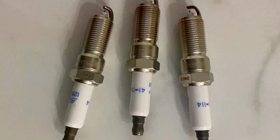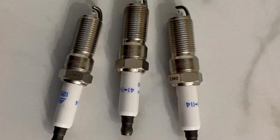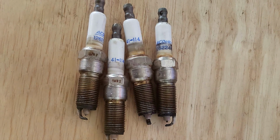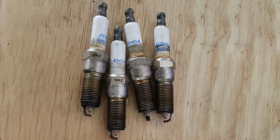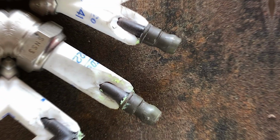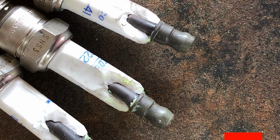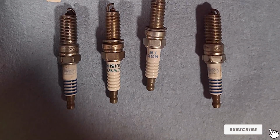Thanks to their robust construction and premium materials engineered to withstand the rigors of daily driving, these spark plugs offer long-lasting reliability, reducing the need for frequent replacements and ensuring peace of mind on the road. Available at a competitive price, AC Delco GM Original Equipment spark plugs offer outstanding value for their quality and performance. Upgrade your engine's ignition system with AC Delco 41-114 spark plugs and experience the difference in power, efficiency, and overall